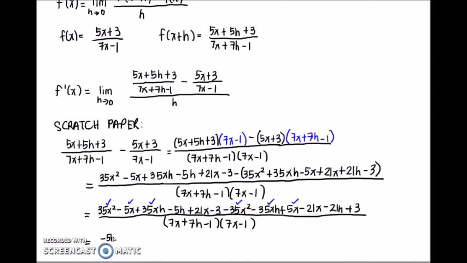Negative 5h. And then, we have positive 21x, may negative 21x tayo dito, so that's 0. And then, si negative 3, then positive 3. That will give us a 0. And then, lastly, meron pa pala tayong hindi napansin kanina na negative 21h. All over,